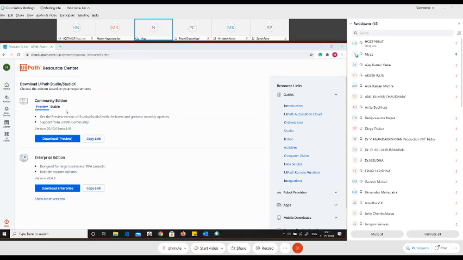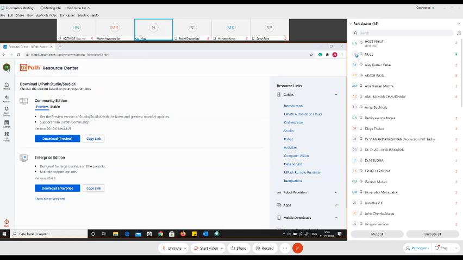We also have the enterprise edition, which is a paid version where you'll have to purchase the license. But if you are using it for learning purposes, then there is no difference between the community version and the enterprise version. You're free to use the community version, and you can start learning and build your own personal bot automation using the community edition.